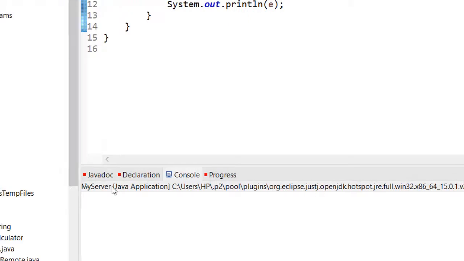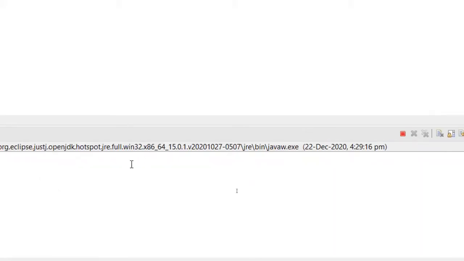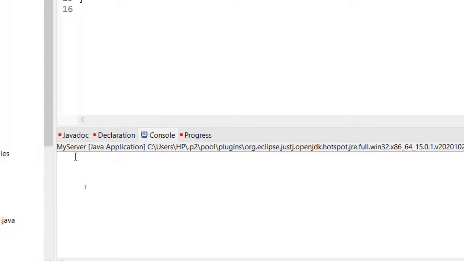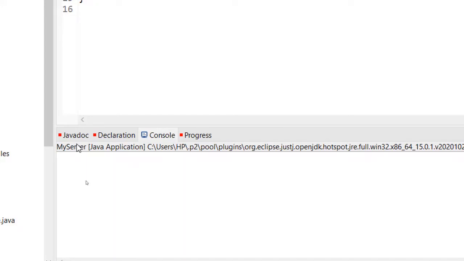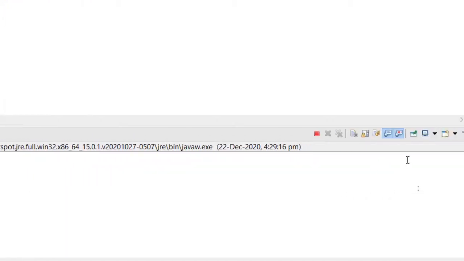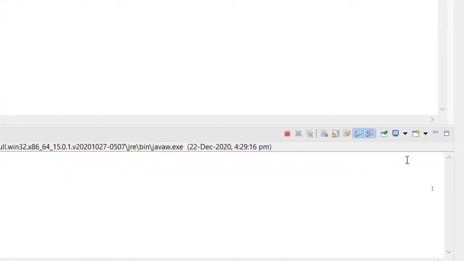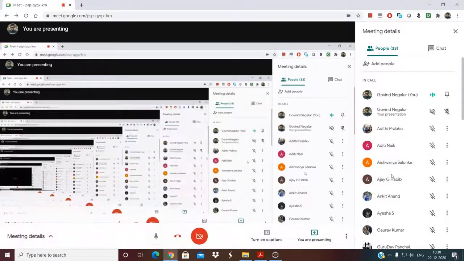So how do you know how many programs or services are running in the console? Any guess? Can anyone tell me which option I should use in Eclipse to see that? I know there are two applications running in the console: one is myserver, the other one is the RMI registry. Suppose I want to know where the RMI registry that is running here is situated. How do I know that? Can anyone give me the answer? Hope you got the question. Did you understand the question?